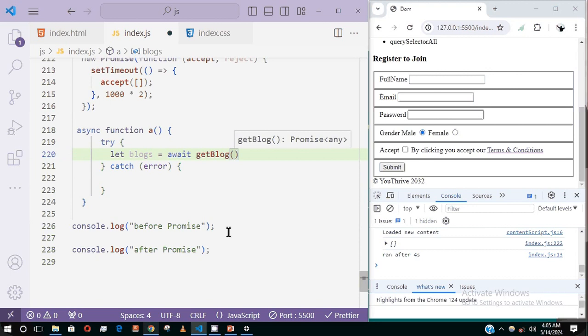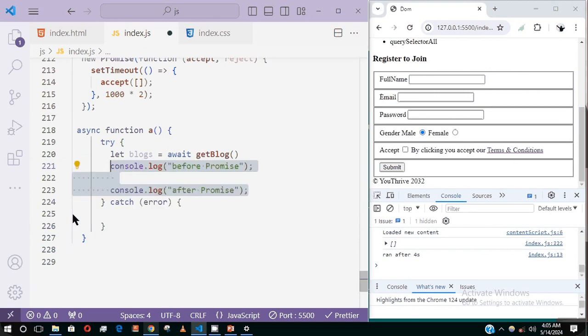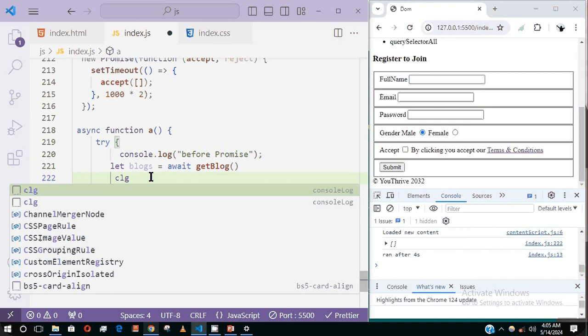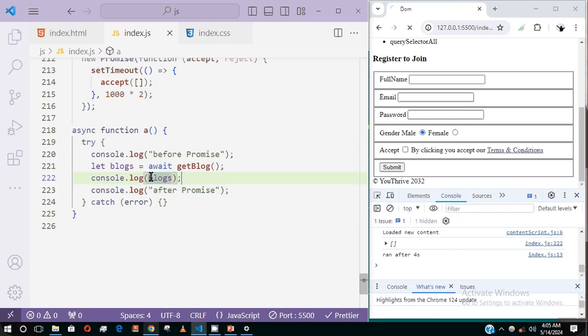So what I want to do now is to also move these two guys up. So this one is going to show before blog. This one is going to show after blog. So I want it to show like this. Then I want just show console.log blogs. So let's see how it